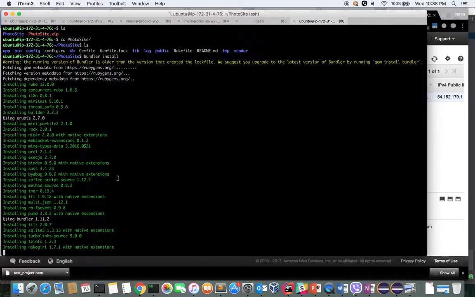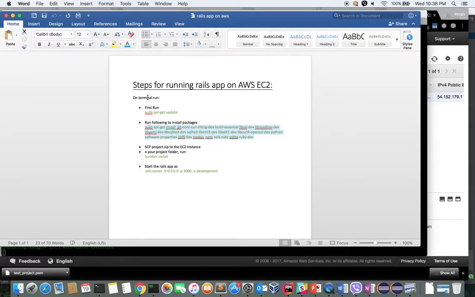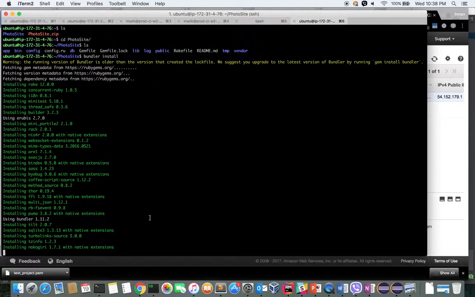Once that's done, we can then finally start our Rails app, as I have my steps already mentioned here. So we'll wait till all the packages for this Ruby project, Rails project, are done.